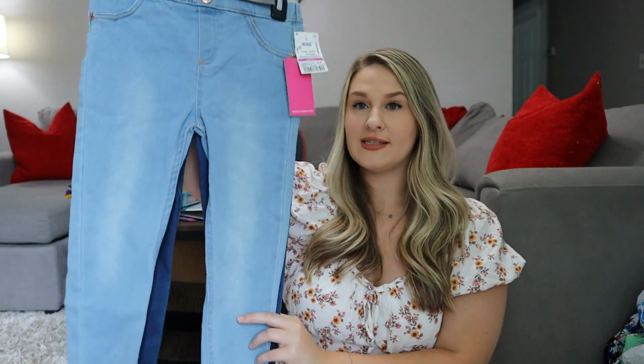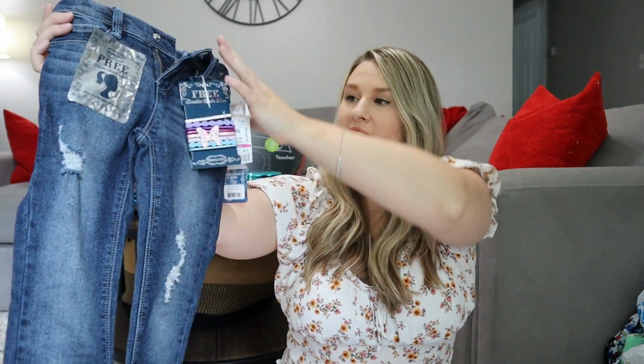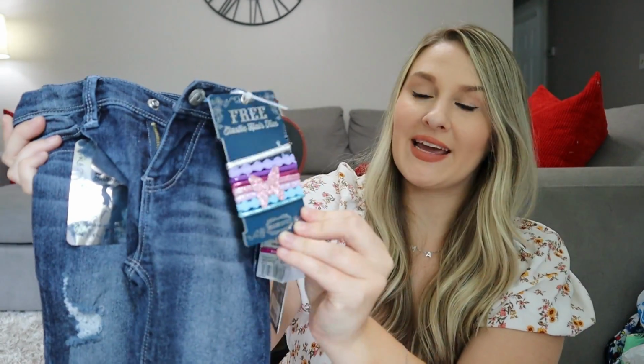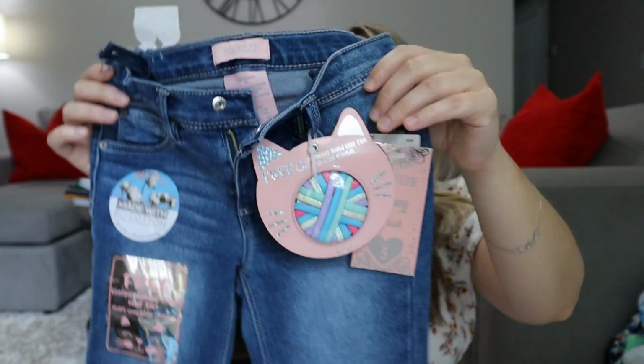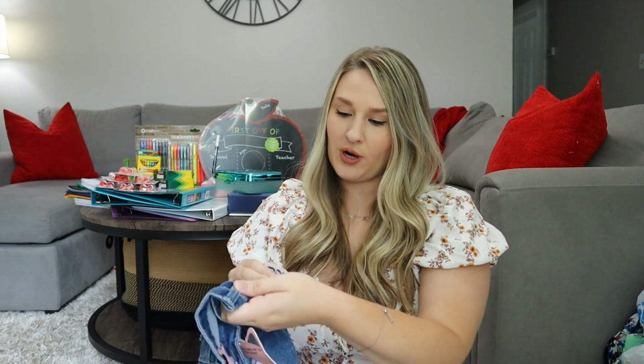These were both $10 for both pair. These pair were $9, and they come with some really pretty hair bows. She was really into the pants that came with little hair bows. She felt like she was getting a little surprise with her pants. These pants also came with some pretty colored hair bows, but it's just another pair of jeans, and these were